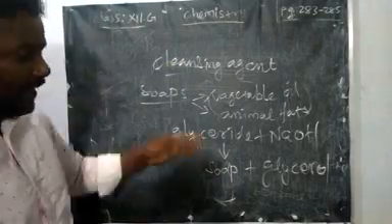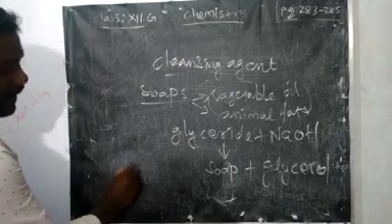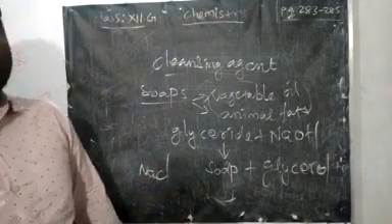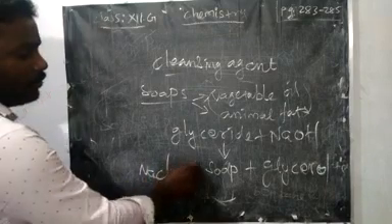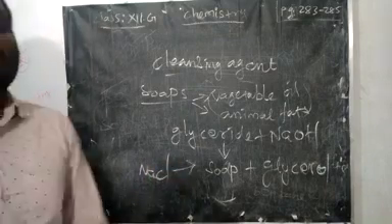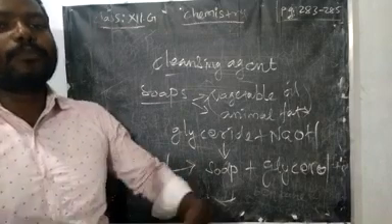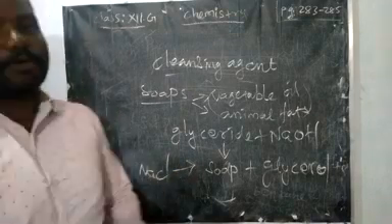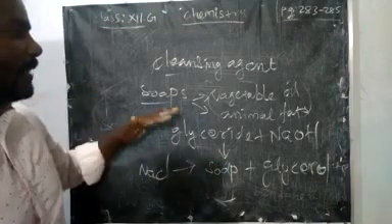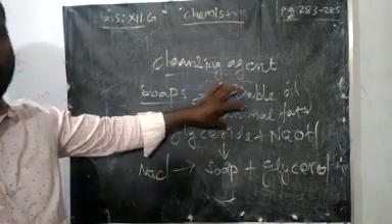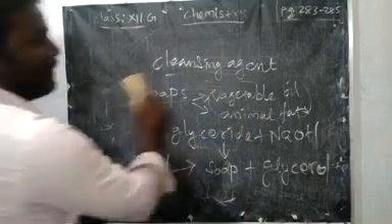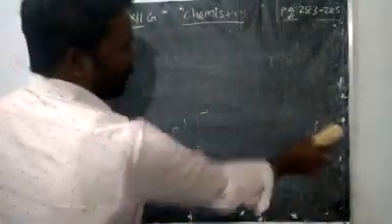See, here we need to apply common salt. What is common salt? Sodium chloride is common salt. We can use it as an emulsifier. We can get more soap as a precipitate by using sodium chloride. This is the method of preparation of soap from vegetable or animal oil: saponification reaction, emulsifier, sodium chloride.